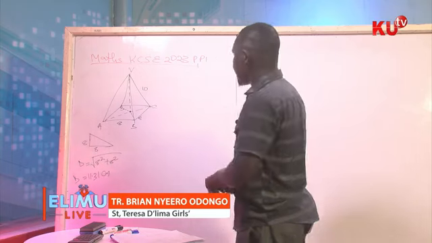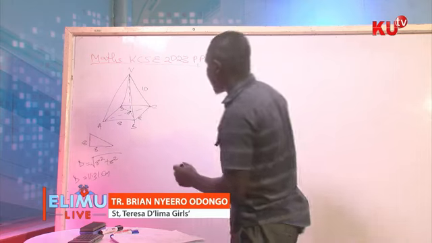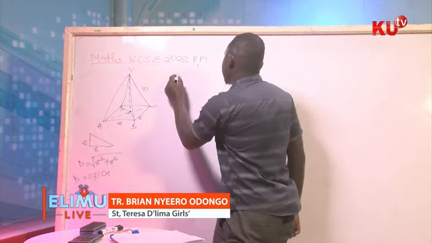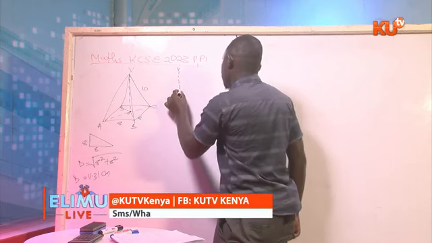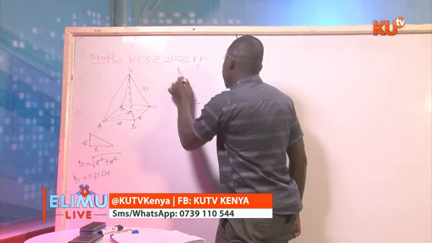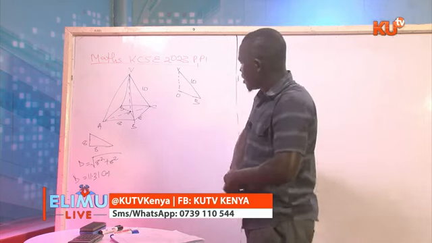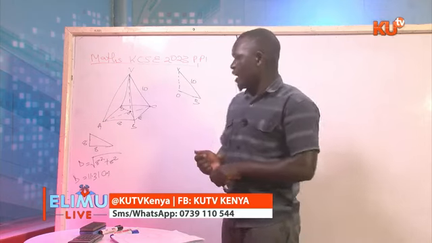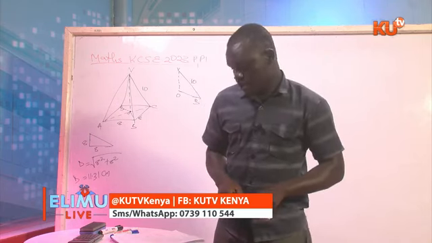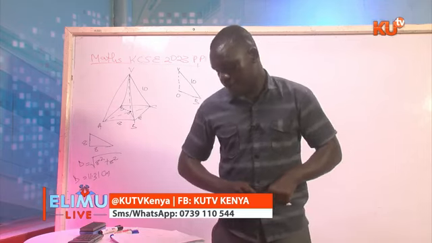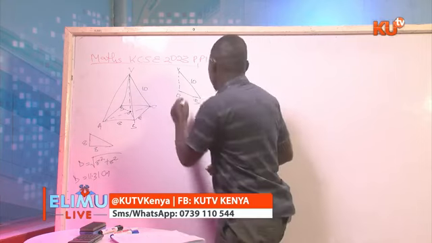Now, after you've gotten that, I call this one here the center, O. This dotted line from V to O, I extend it to B. And VB is 10. I want you to be very keen. Remember that OB is half of the diagonal. If the diagonal is 11.31, half of it will be 5.66. So this is